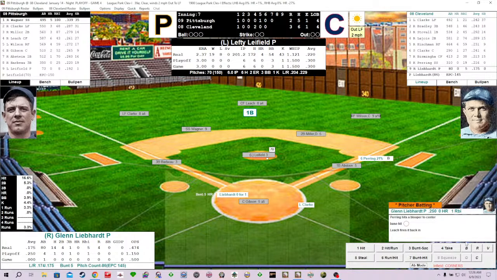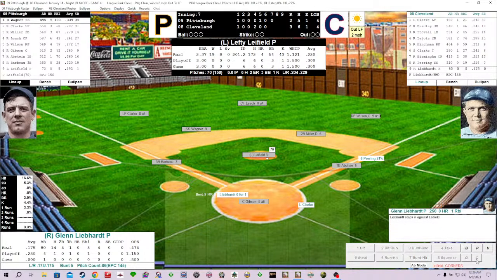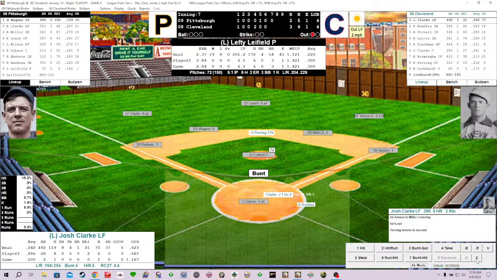Liebhart has walked and grounded to the pitcher. Leafield deals the 0-1. Liebhart gets the bunt down. That's a good one. Gibson fires onto Miller, sacrificing. Moving to second is George Perring. So potential 4th run for Cleveland at the keystone sack, and here comes Josh Clark.